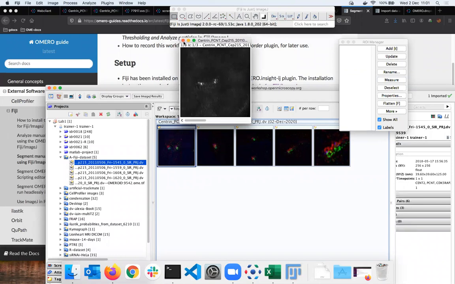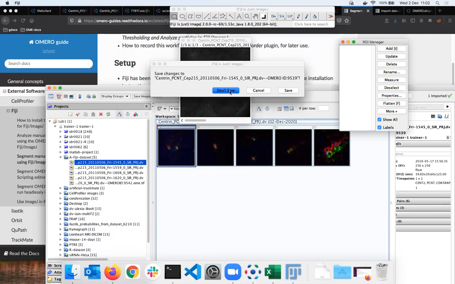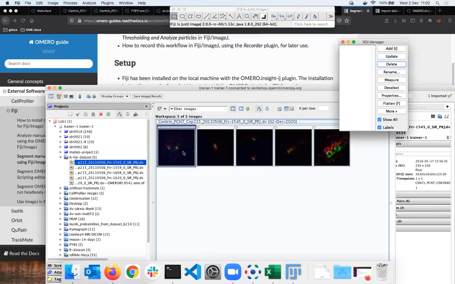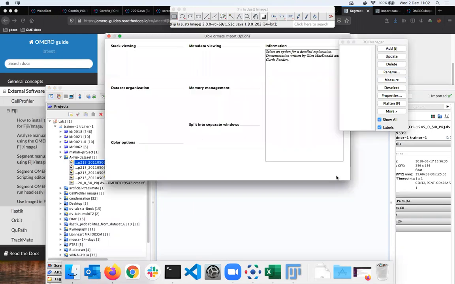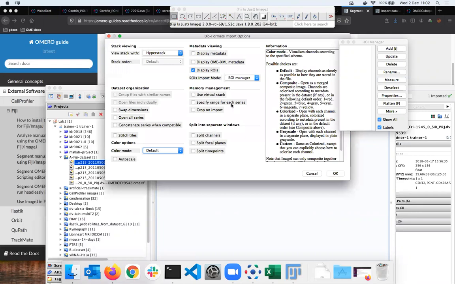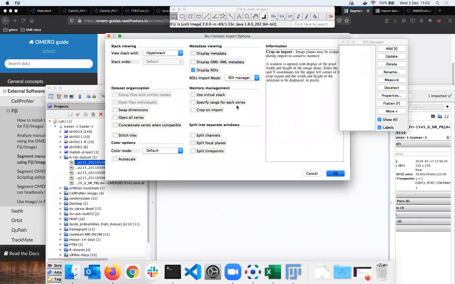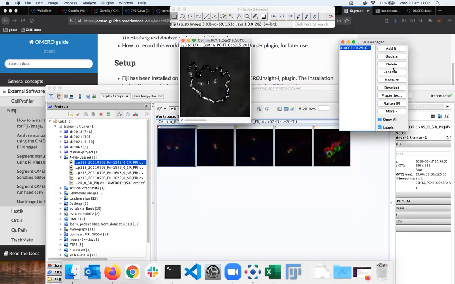Thinking about which I actually want to go again and show you how to be more proper. Okay, I could do that, and then let's say, trying to remember, and of course there is a lot of trial and error. But in Fiji, if you happen to know, ladies and gentlemen, there is a function called record, macro recorder. Okay, so I can record the steps which I'm doing in Fiji for later peruse for other images, and that's